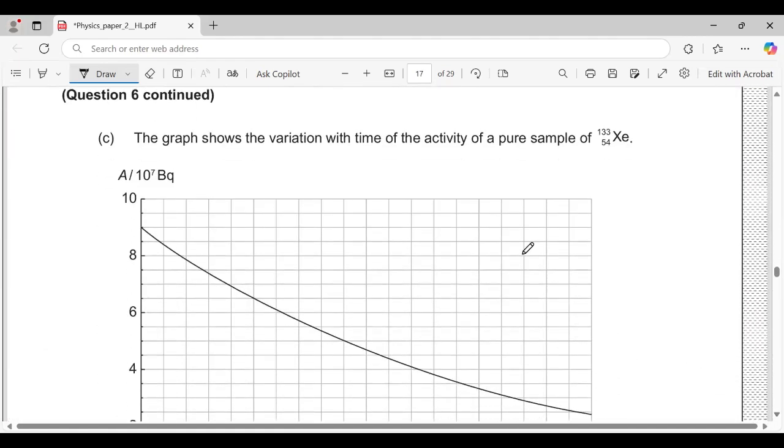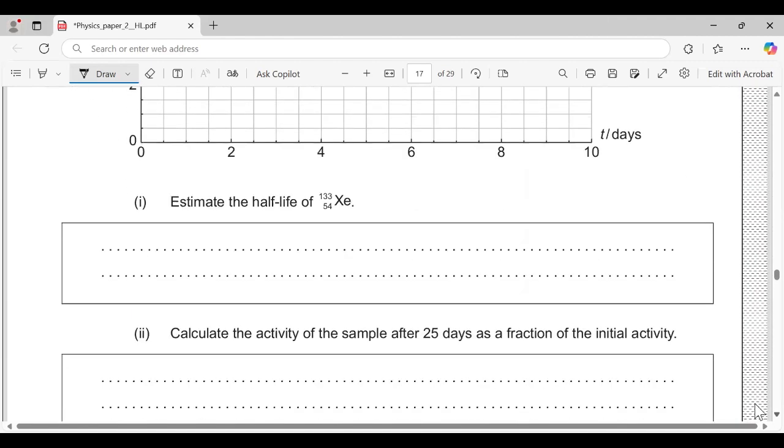The graph shows the variations with time of the activity of a pure sample of xenon-133. Estimate the half-life of xenon-133. Okay, so to estimate the half-life, we need a formula. The formula is A(t) = A0 times e to the power of minus lambda t. So we can rearrange this formula, and it becomes e to the power of minus lambda t equal